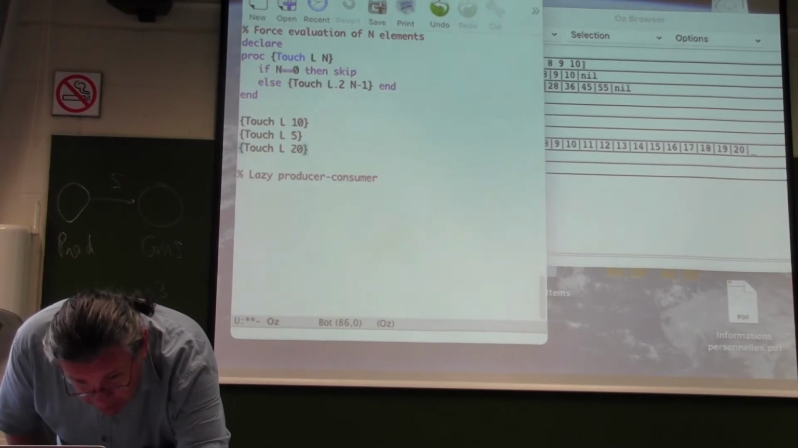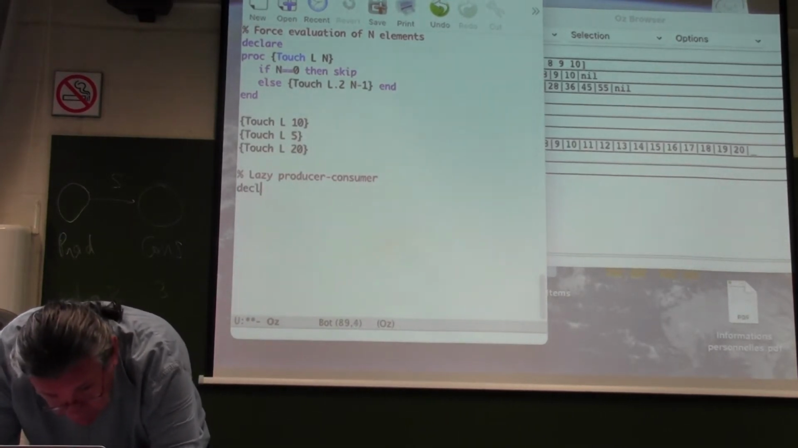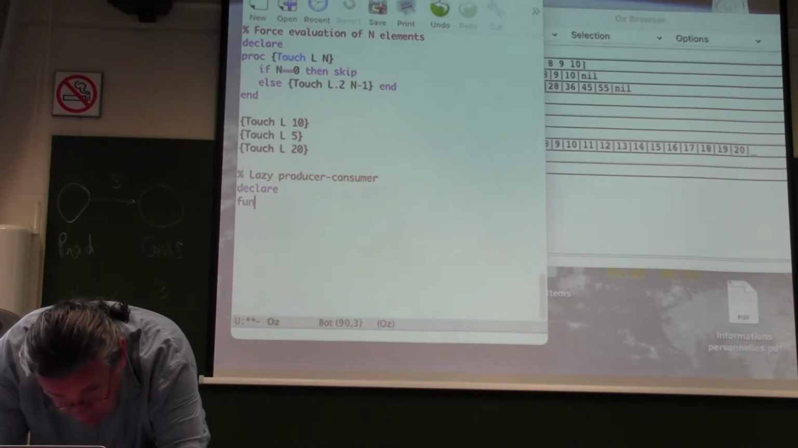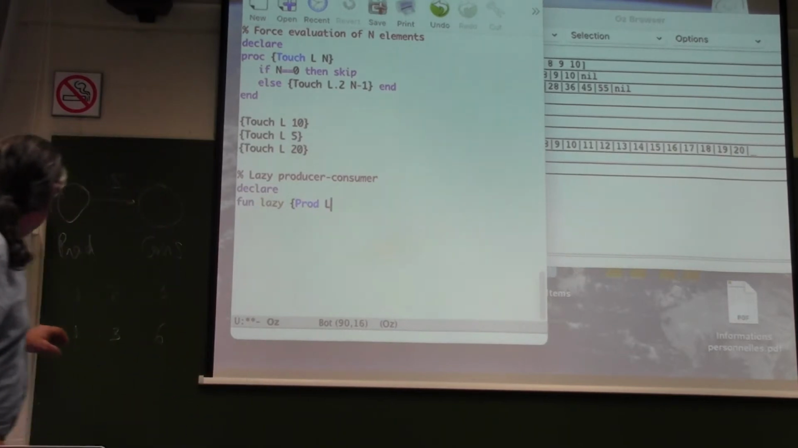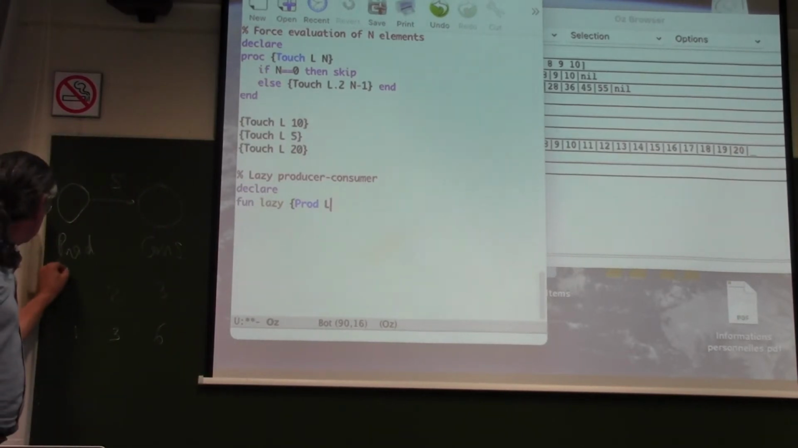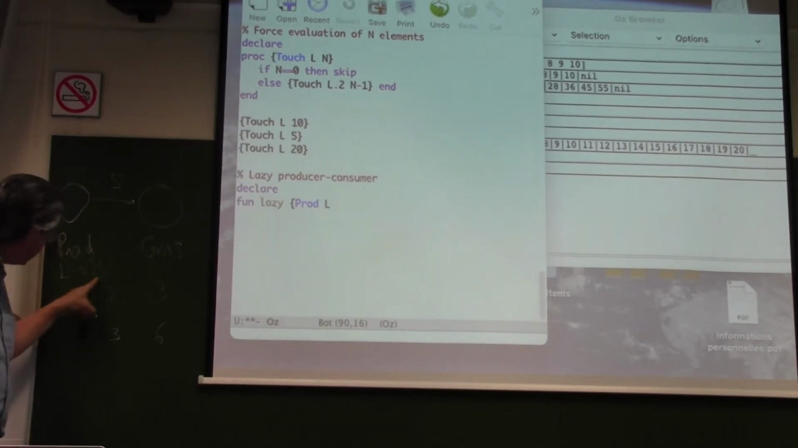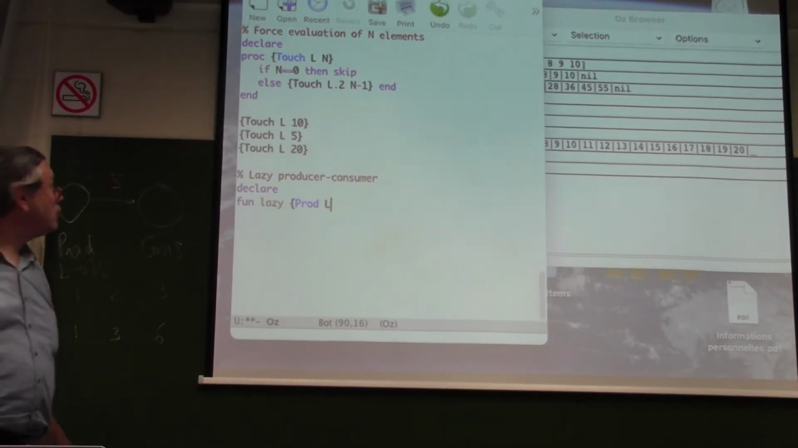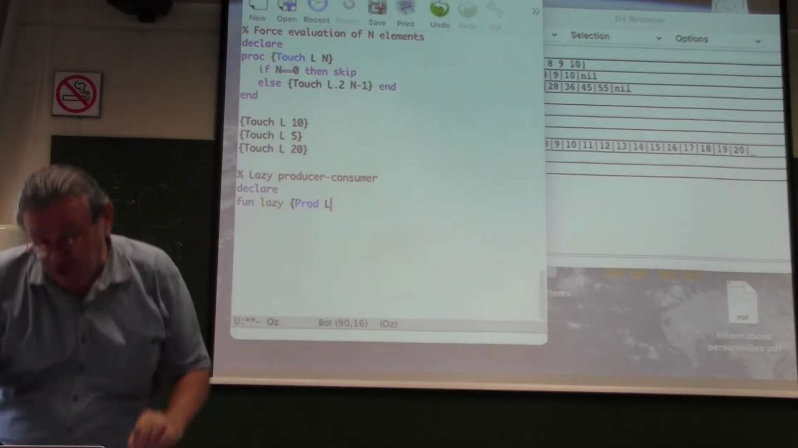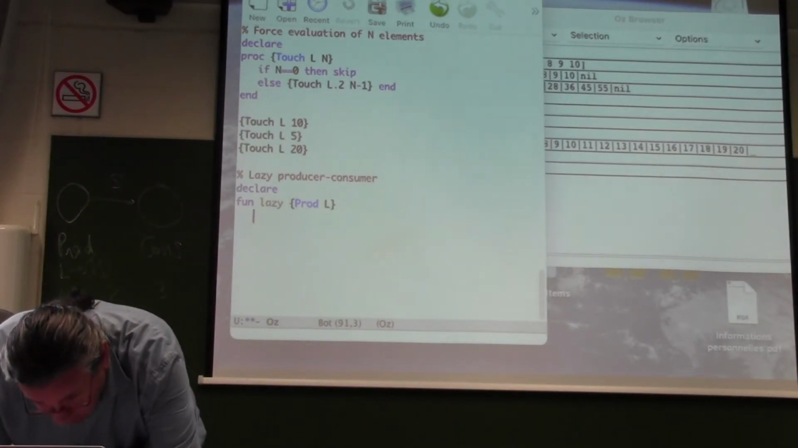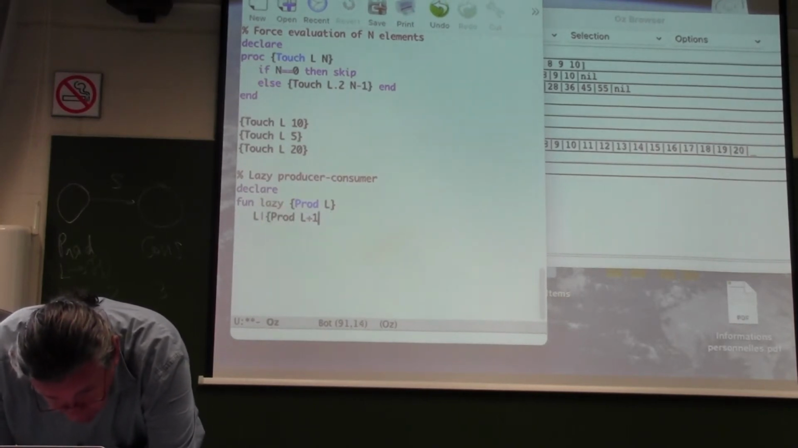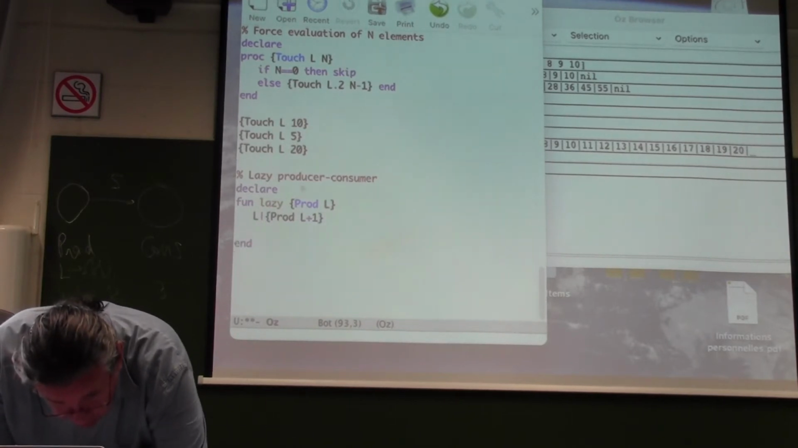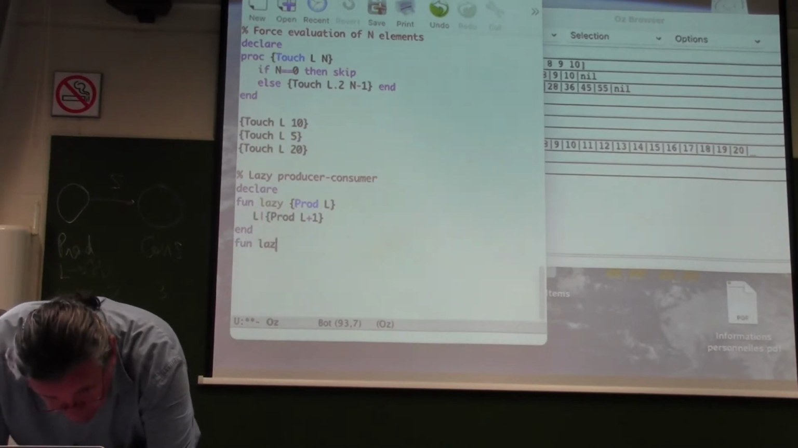So let me now do a lazy producer-consumer. Remember, I did producer from L to H here. That means there was a maximum. Well, now I'm going to do producer with no maximum. So this function is actually the same as the ints function. Huh? L followed by prod L plus 1. And then there's a consumer. Let me make it also lazy